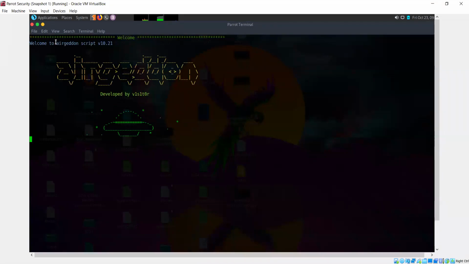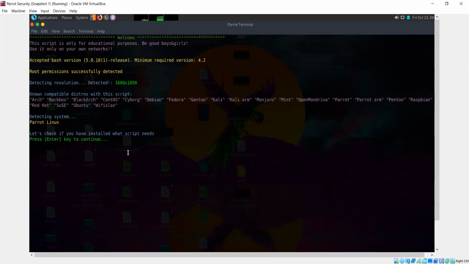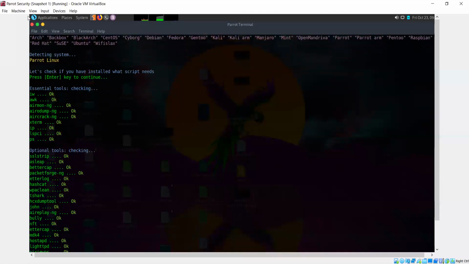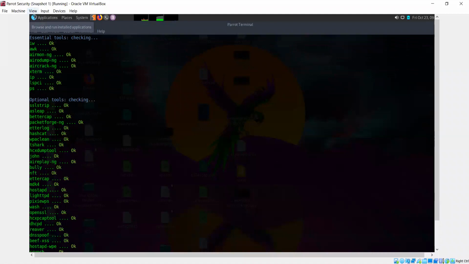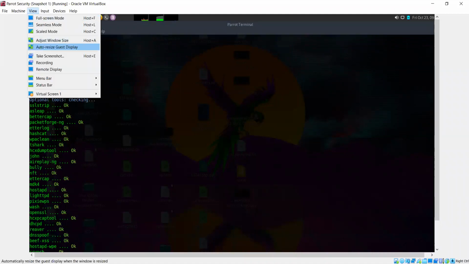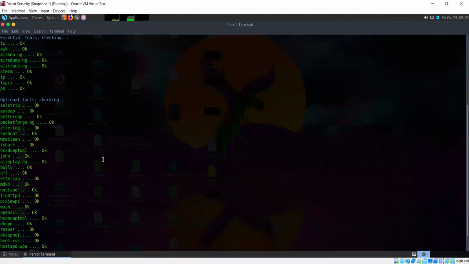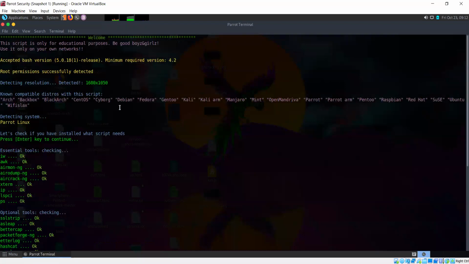So this is the airgeddon script. Instead of us having to run the aircrack-ng tools manually, this script is going to handle that for us. So that's a better way to do this.